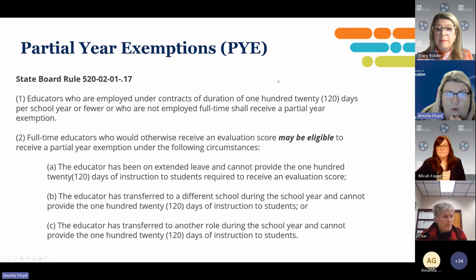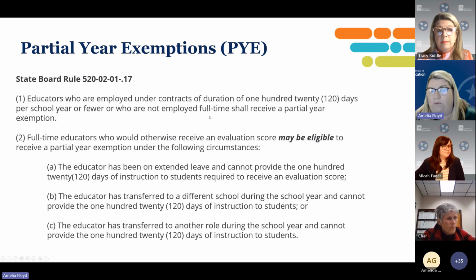State Board rule allows for educators who are employed for contracts of 120 days or less, and or who are not fully employed as a full-time employee to receive a partial year exemption for evaluations. So full-time educators who would otherwise receive an evaluation score may be eligible to receive the partial year exemption under